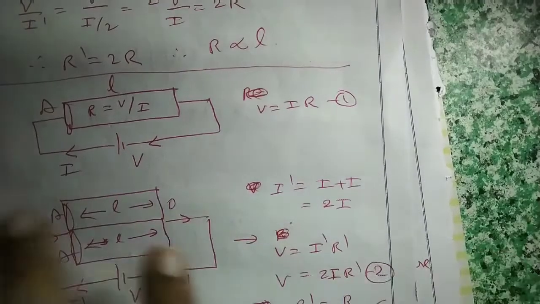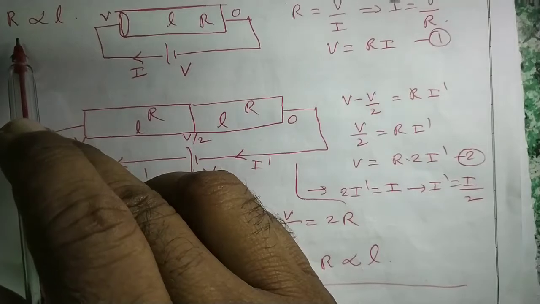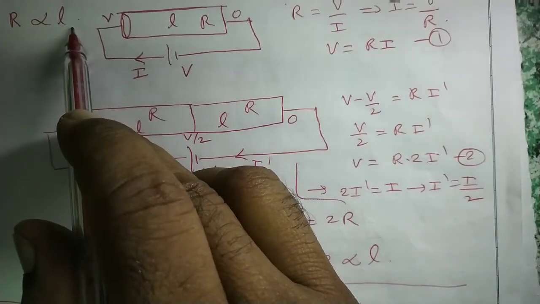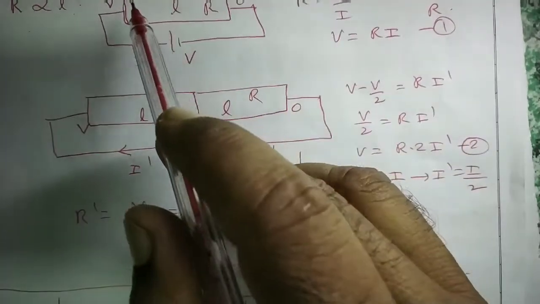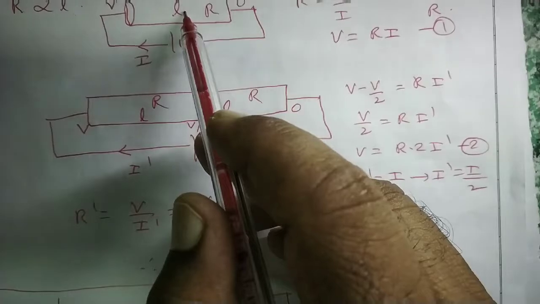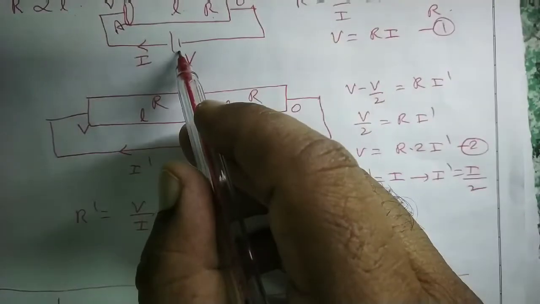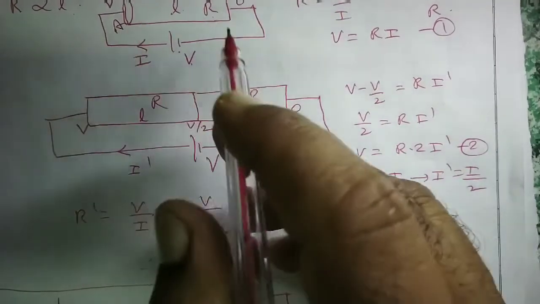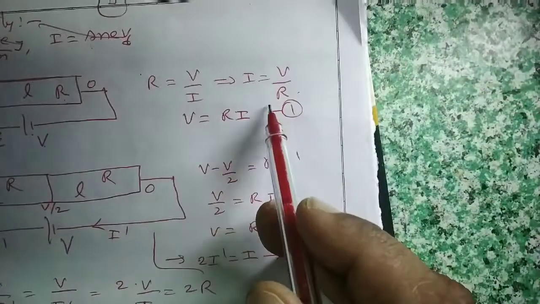Next point. Now Ohm's law is studied. Now resistance is a property of the conductor. I told resistance, whose unit is ohm, depends on the length of the conductor. Now how it depends on the length, we have to check. To check that, one conductor is taken whose length is L, whose resistance is R, whose cross section area is A, and a battery is connected whose potential difference is V across the conductor. Then current I is formed. Then by Ohm's law, R is equal to V by I. Means I is equal to V by R. So V is equal to IR.